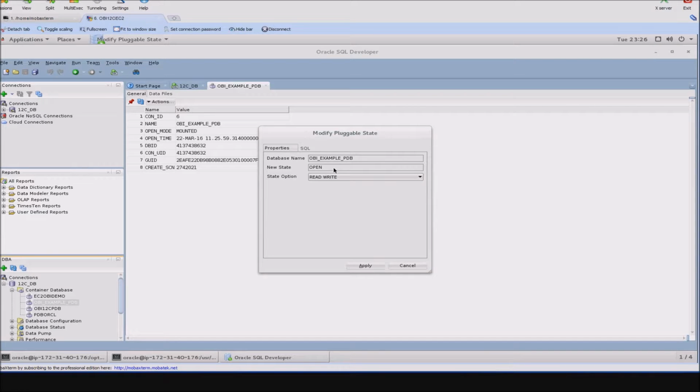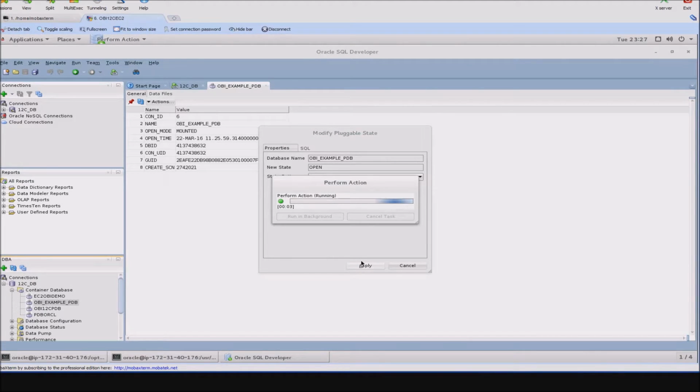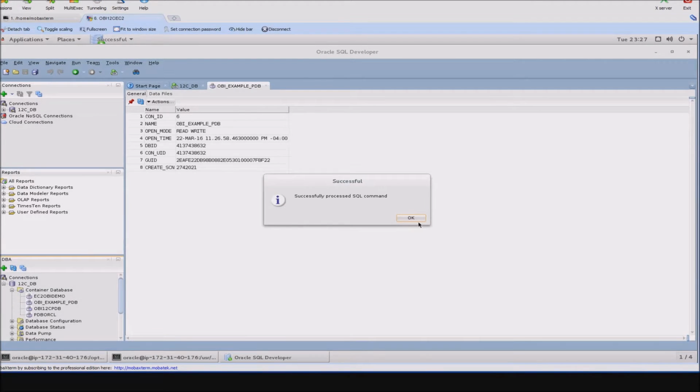I'm going to set this state to open in read-write mode. Go ahead and click apply here. You'll see it'll run that command, and now our pluggable database is open in read-write mode and ready for us to use as a part of our OBIEE